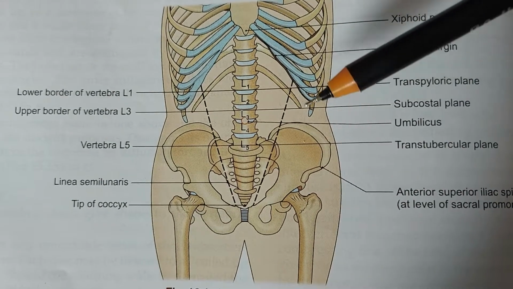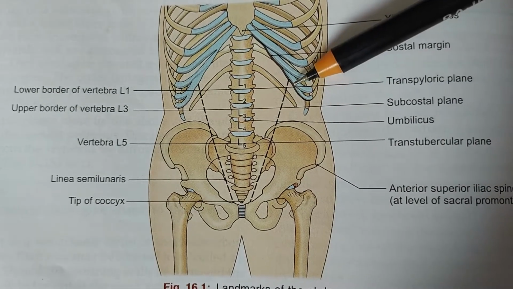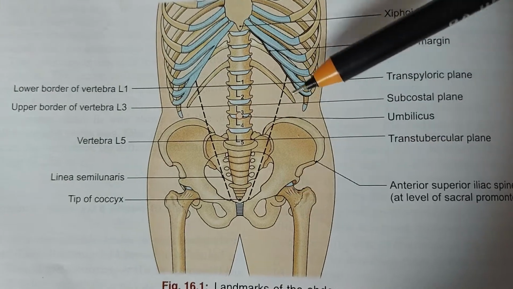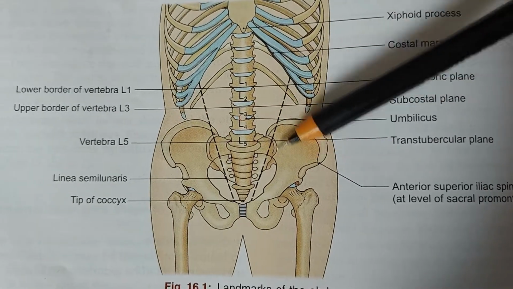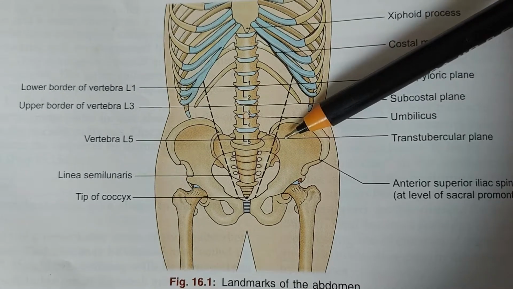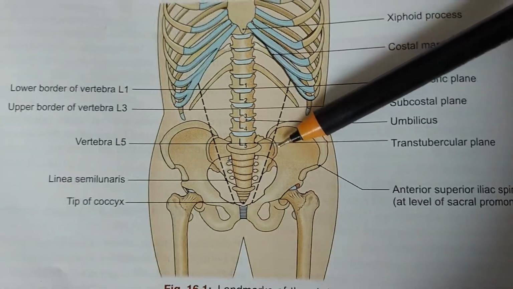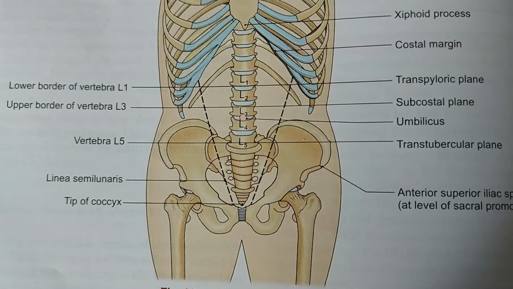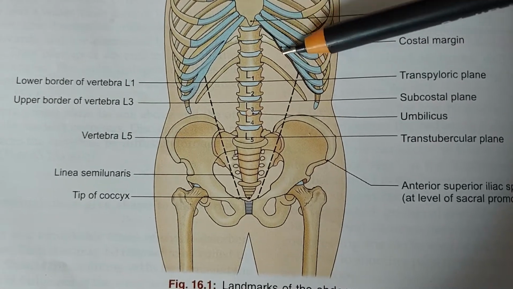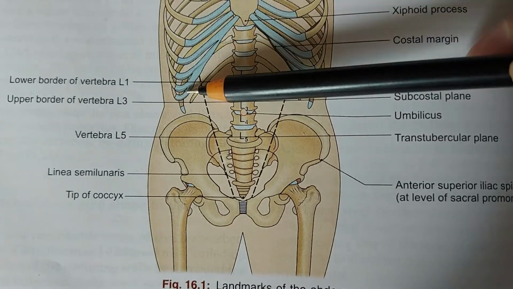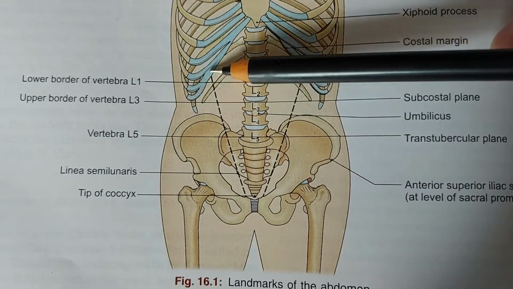And the lateral side has a wide area from this part to this part. But in the posterior part, there is the hip bone. It reduces the area of this abdomen. And in the superior lateral part of this abdomen, in this area, this part of this abdomen is formed by the costal